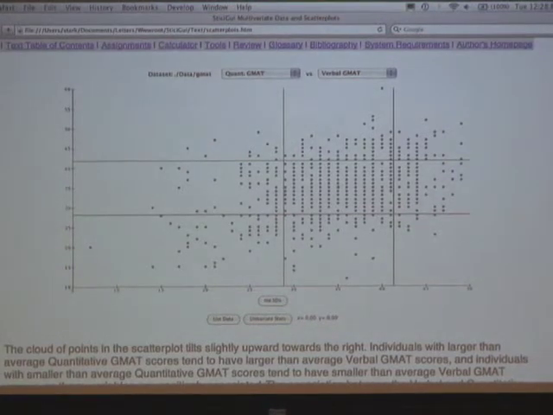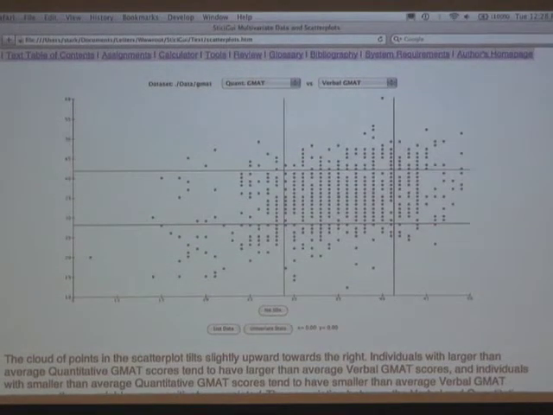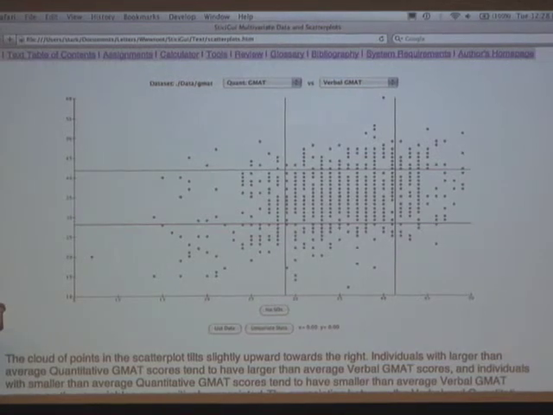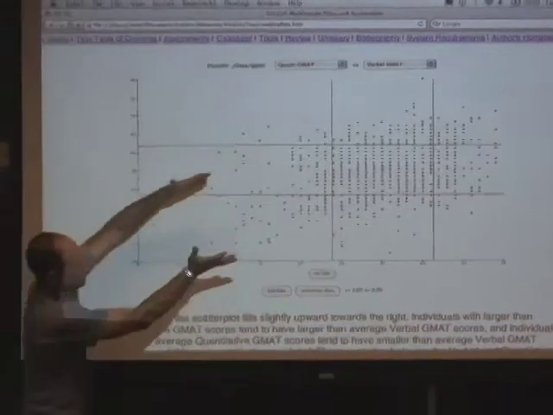We can start to think about summarizing bivariate data, bivariate meaning 2 variables. So in this case, we're looking at quantitative and verbal GMAT. We can summarize the quantitative GMAT by its mean and its standard deviation, and the verbal GMAT by its mean and its standard deviation. But that's not telling us anything about the fact that this thing generally tends to slope